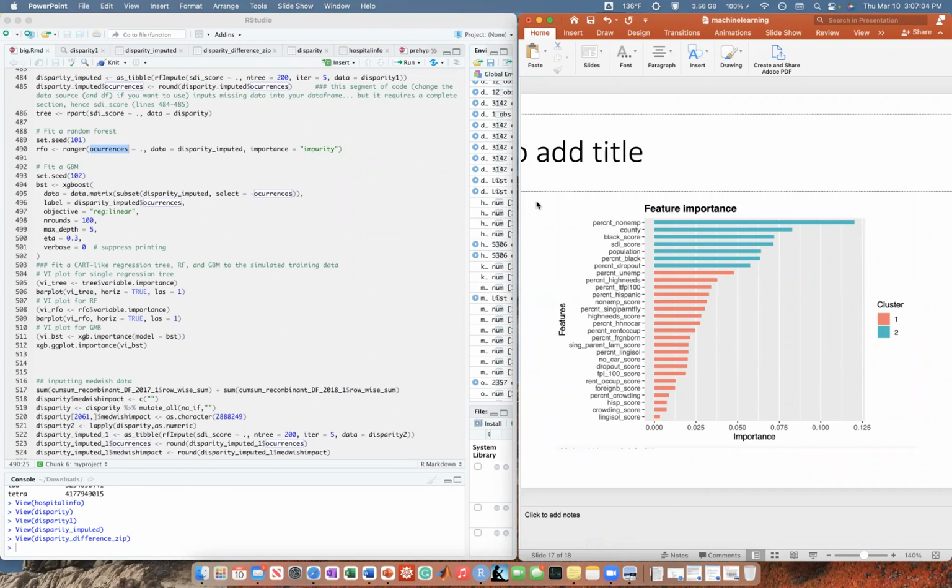I'm not a sociologist, so I can't say what that means, but to me as a data scientist, it says the percent non-employed, the location, the percent black, the population, and the social disparity index seem to be more important than the amount foreign born, the high school dropout rate, and the people with no car. Those are the relative importance of variables towards the amount of hospitals in the area, because I termed the available occurrences as how many hospitals there were.